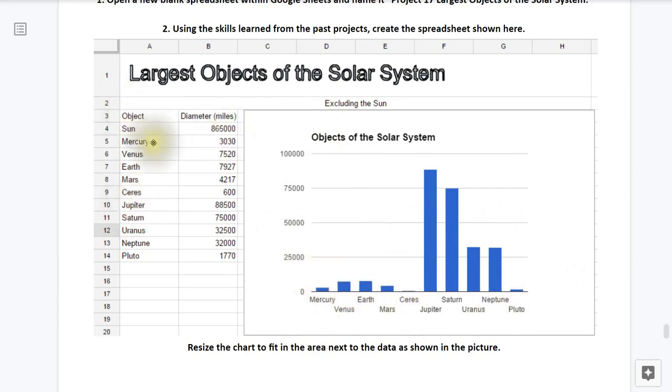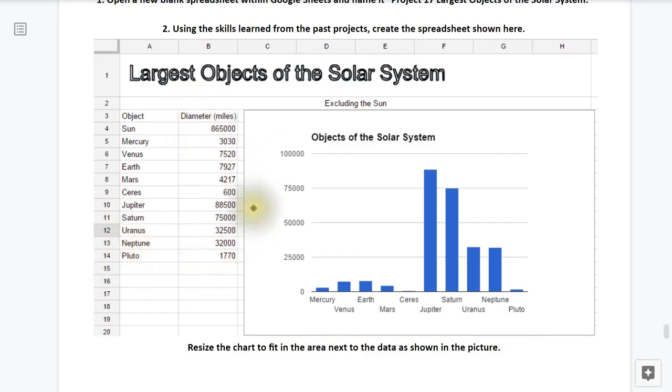So here the objects that we have are Sun, Mercury, Venus, Earth, Mars, Ceres, Jupiter, Saturn, Uranus, Neptune, and Pluto. And then you have the diameter in miles. 868,000 miles, 3,030, 7,520, 7,927, 4,217, 600 miles, 88,500, 75,000 miles, 32,500, 32,000, and 1,770 miles there for little Pluto, which is actually smaller than our moon.